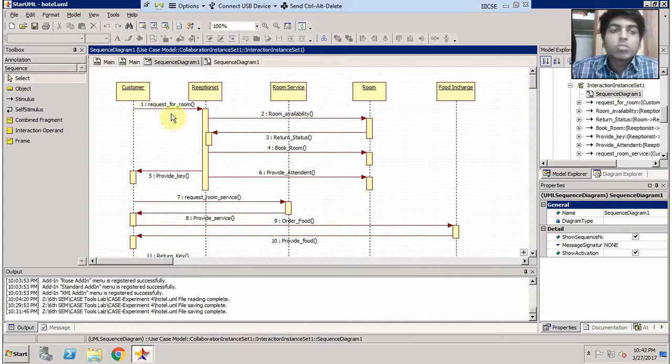First, the customer requests a room from the receptionist, and the receptionist checks for availability of the room. Now there is a list of rooms, or the data of rooms, that is being kept. From that, he gets the status of the rooms that are available. Now he books a room for the customer, and he provides a key to the customer and also provides an attendant